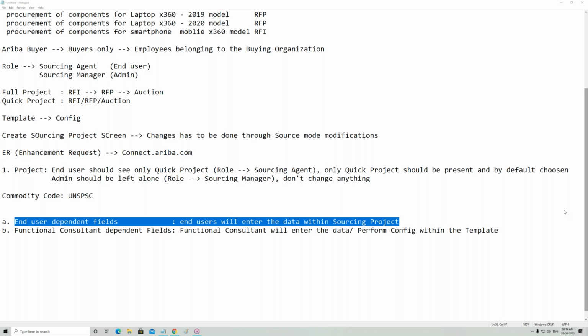Manoj, can you illustrate the difference between RFI, RFP and RFQ, in downstream and in upstream? There is no concept of RFQ. Remember, the RFQ concept does not exist in Ariba at all because it's a concept used in ERP. In Ariba, we will only have RFI and RFP, and in auction, you won't have the term RFQ in Ariba at all.